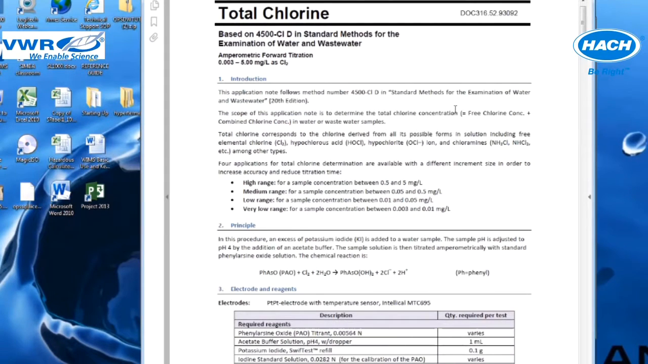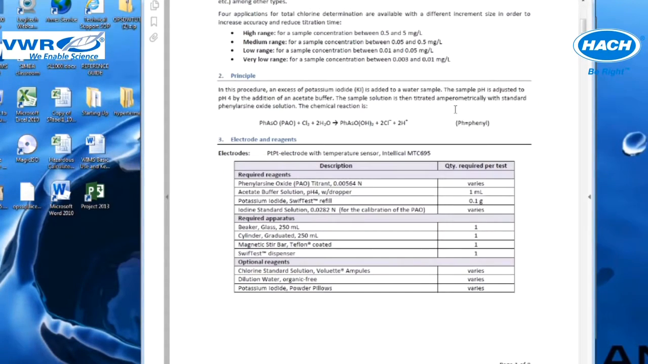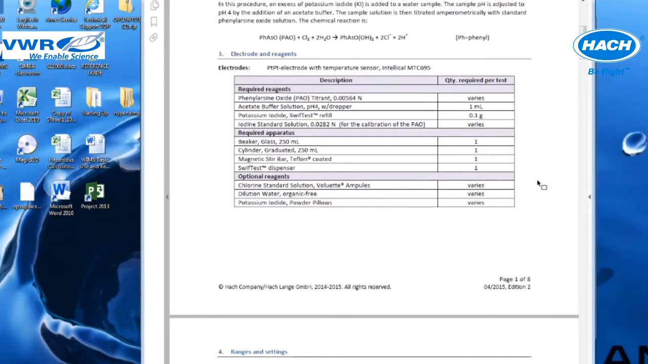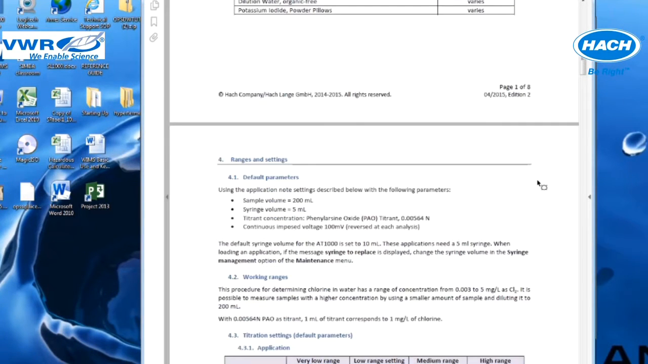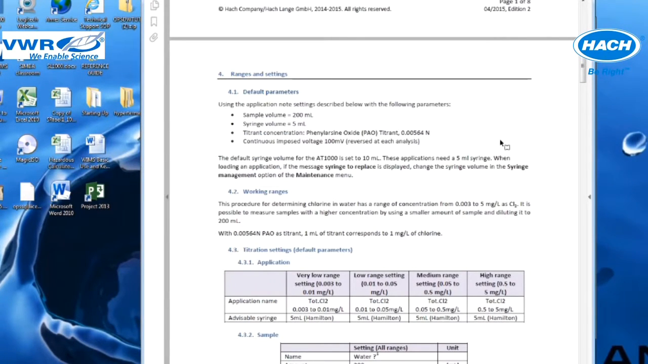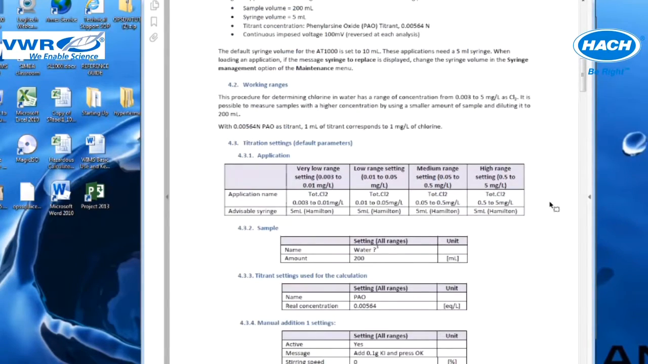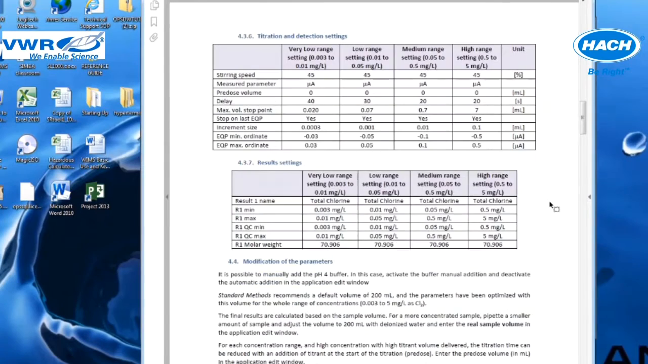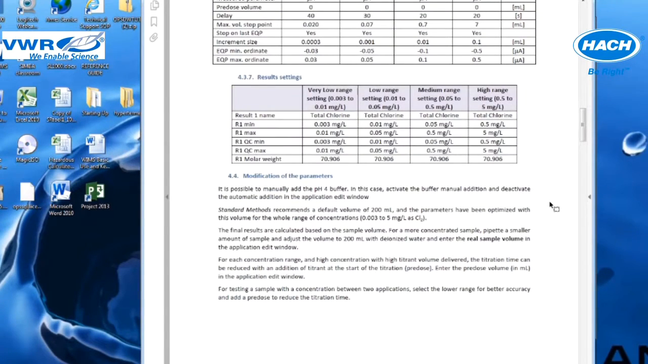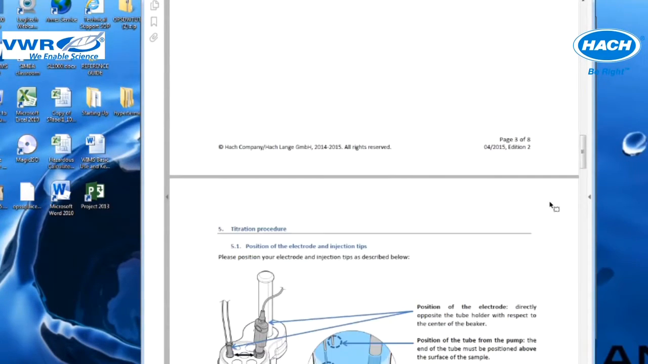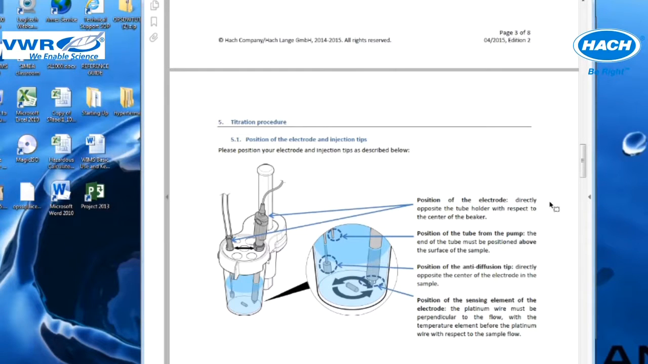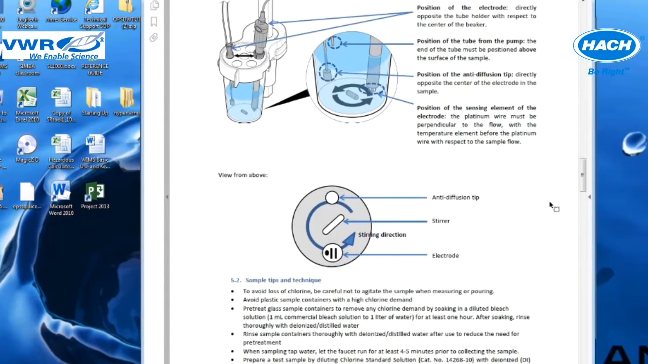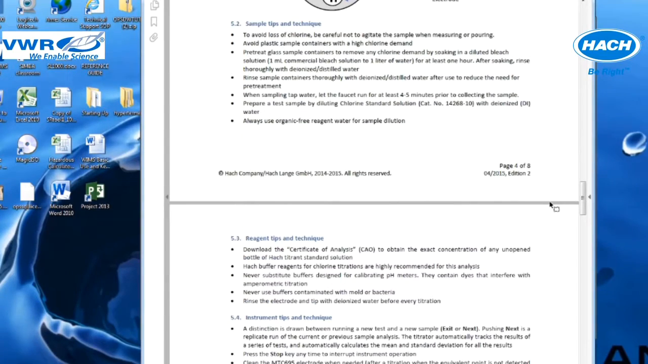The application note includes information that is helpful to understand what titration and reagents are necessary to perform the titration, as well as tips and recommendations to perform the titration accurately. Sections of the application notes include a chemistry explanation and principle, what electrode, syringe, and reagents to utilize, the working concentration range of the application, recommendations and tips on technique, how to interpret results, and how to calibrate the electrode